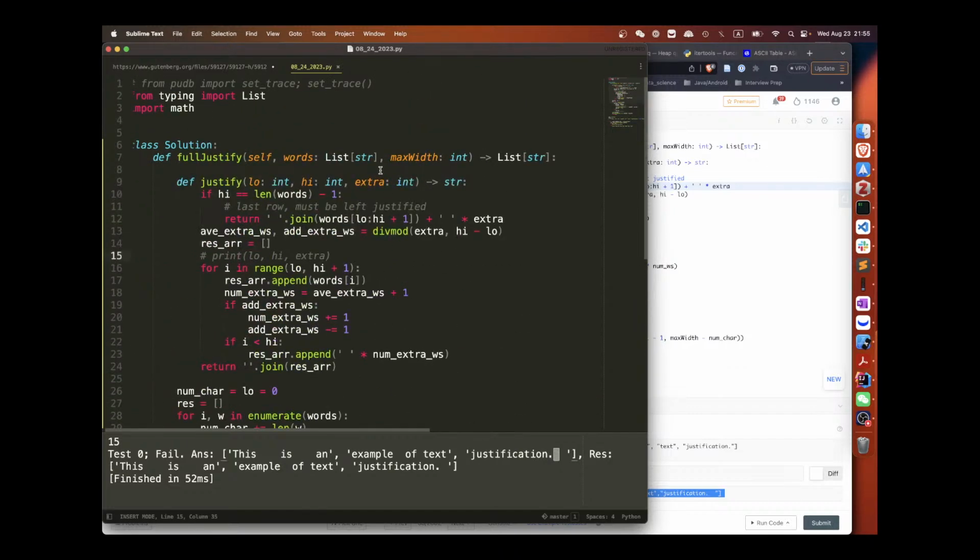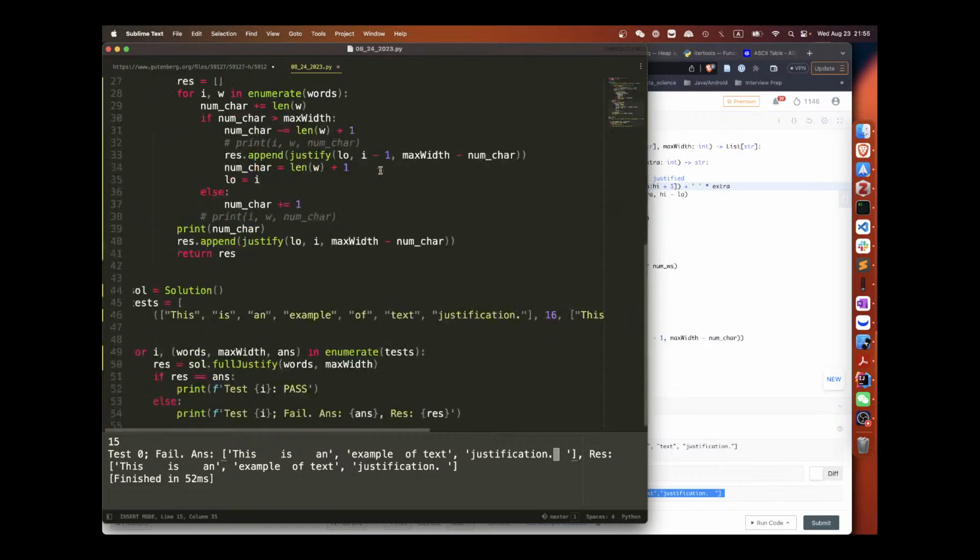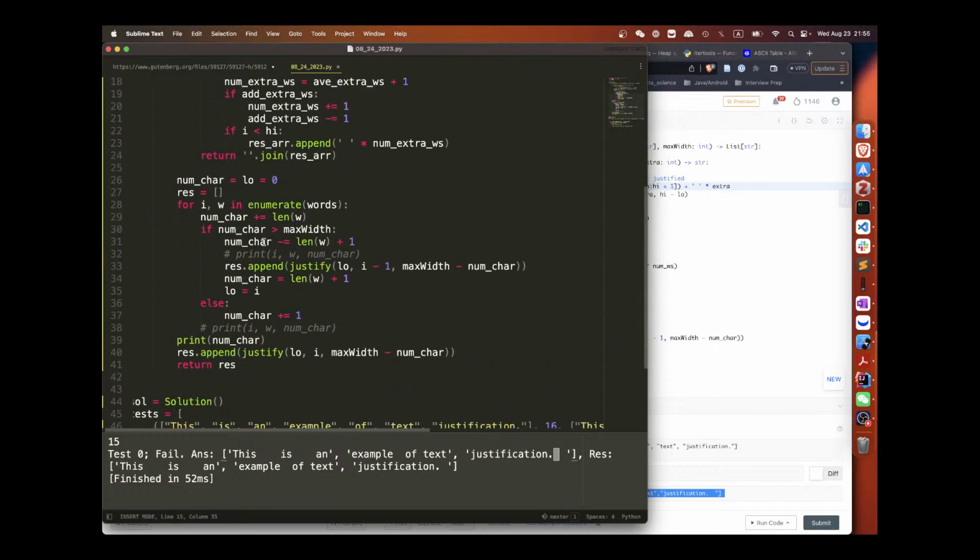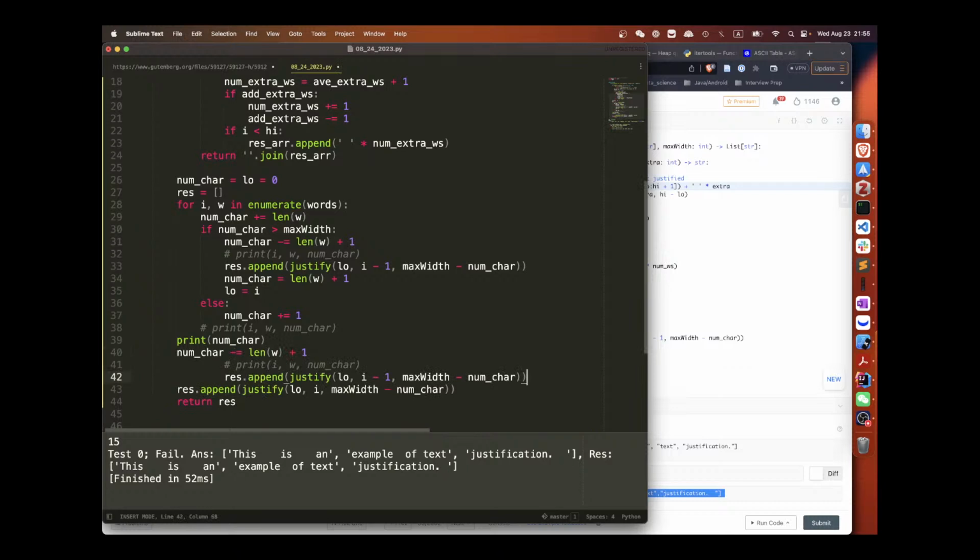So when the last one comes in, oh, I need to do this thing. When they come out, is the last one, so numchar shall minus equal 1. That's the last one, numchar minus equal 1.